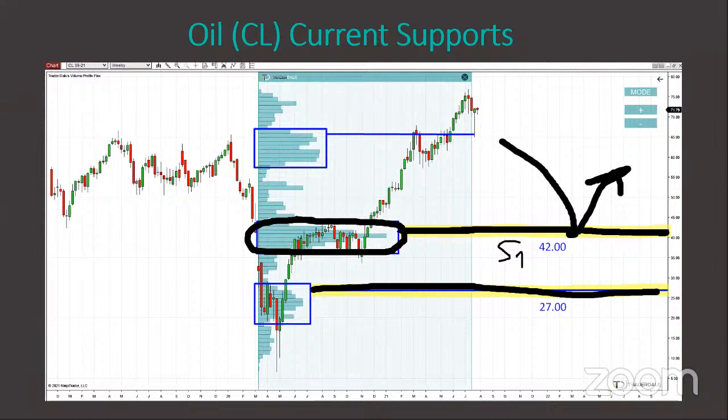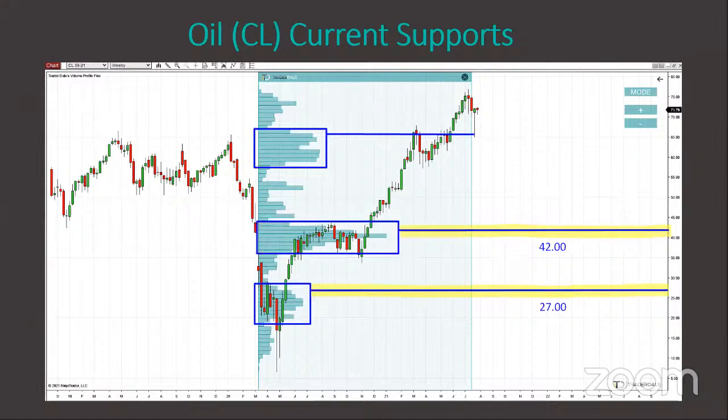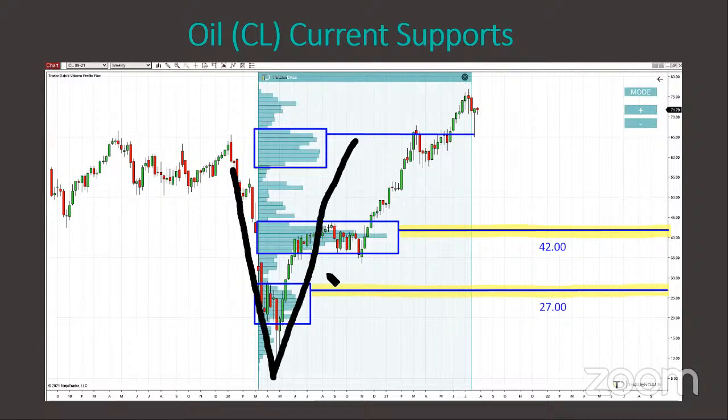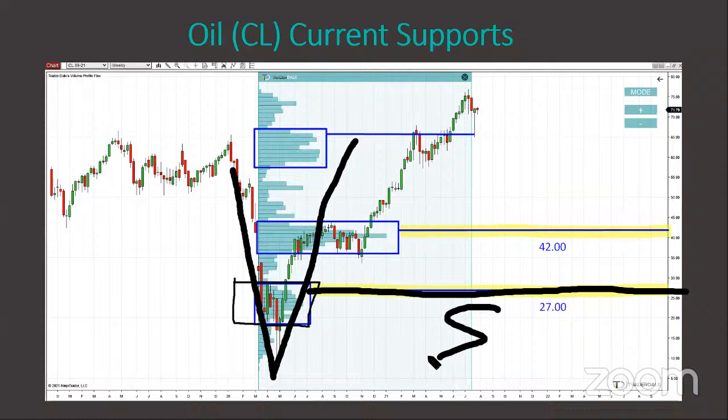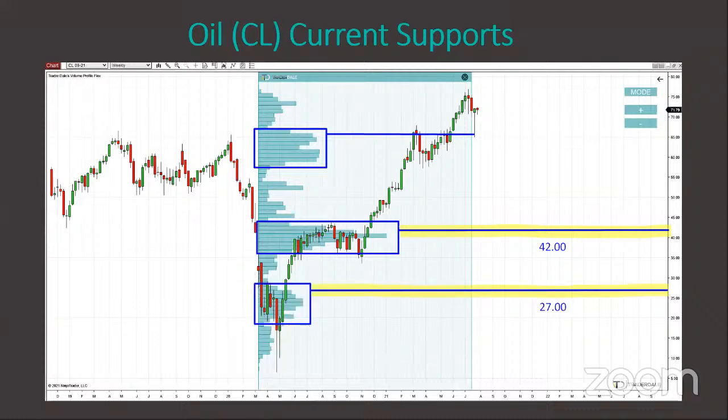And the second one, this is based on the rejection setup. If you remember the first screen I showed you on the euro, that's it. Strong rejection. In this case, this is a rejection of lower prices. And within that rejection, there is this volume cluster. All right, so heavy volumes, strong support. So that's the oil.